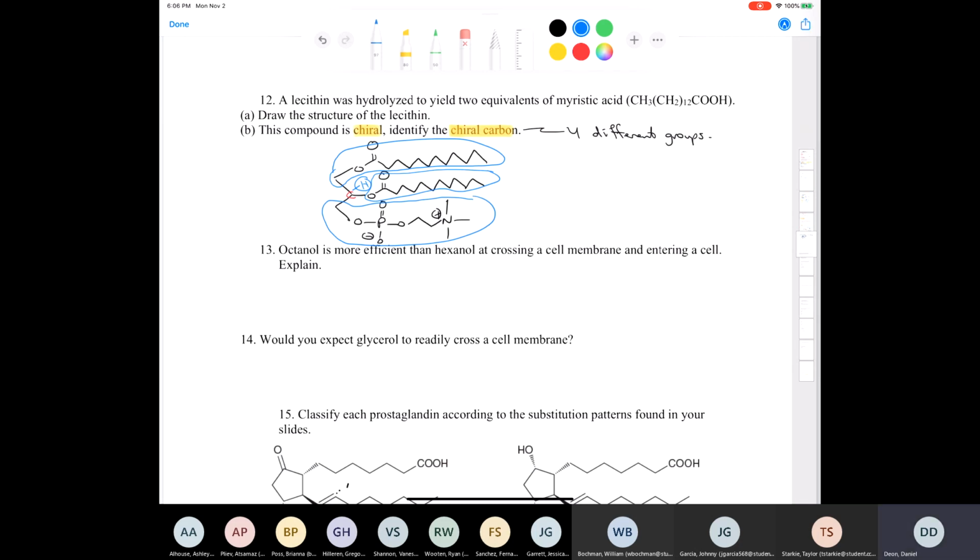All right, the next one is a conceptual problem, but I think it's a reasonable problem. These are kind of questions where I just like to get my students to think a little bit. Octanol is more efficient than hexanol at crossing a cell membrane and entering the cell. Explain. Well, if we draw the structures of octanol and hexanol, 1, 2, 3, 4, 5, 6, 7, 8. There's octanol, and hexanol will be 1, 2, 3, 4, 5, 6. This is